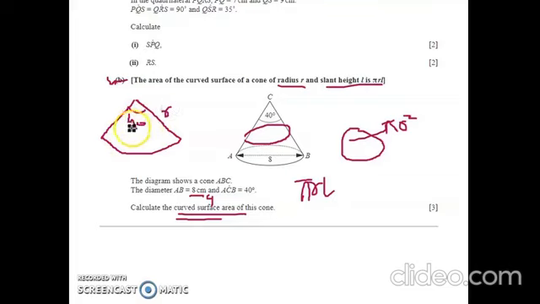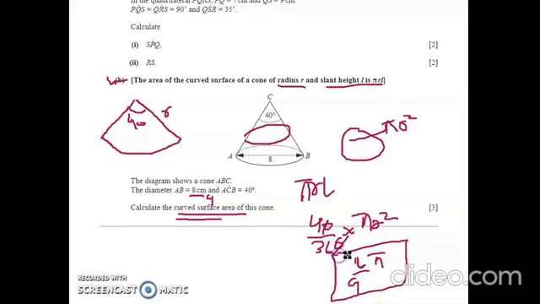This is r. So basically how do we find 40 over 360 into pi r square, right? We know that r is 4, so 4 square is 16. अच्छा, ये हम लोग इसको सिंप्लीफाई कर लेते हैं. 40 upon 360 है, तो 4 divided by 36 is 1 upon 9. So 1 upon 9, that makes it 16 upon 9 pi. This is, we have the area of the curved surface.